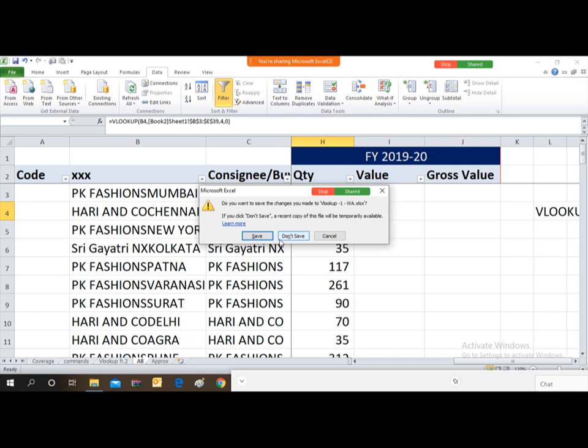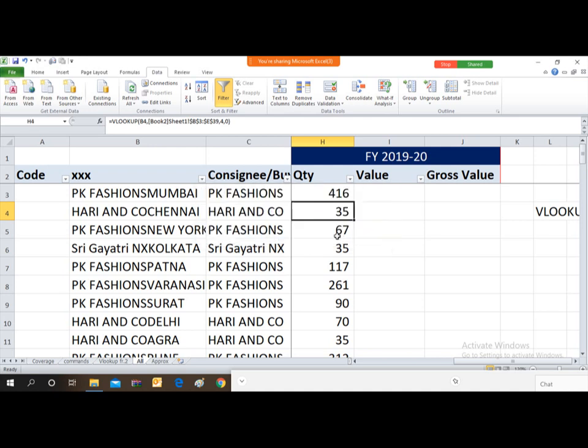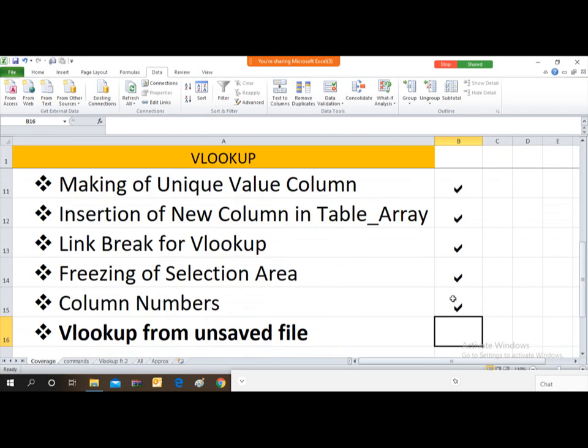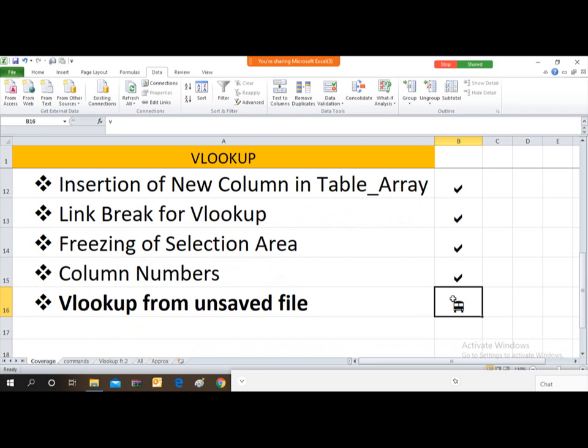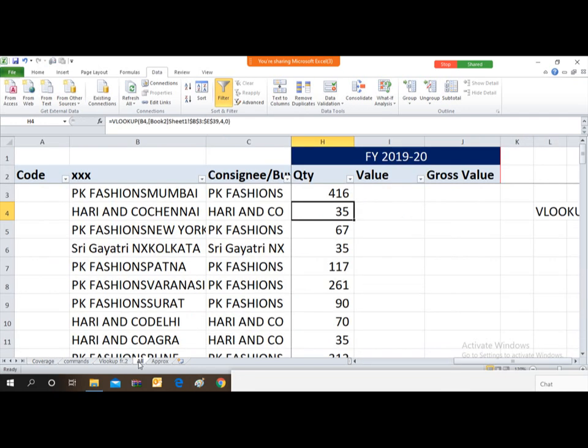So friends, before moving forward, you have to first save the unsaved file and then close this file. Otherwise, your entire data will get lost. So friends, this is also about VLOOKUP from unsaved file, and I have almost covered the entire topic of VLOOKUP.